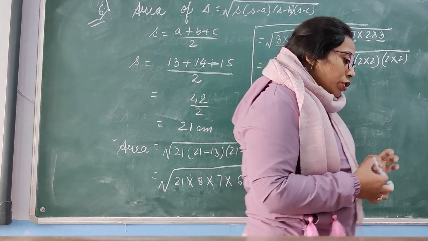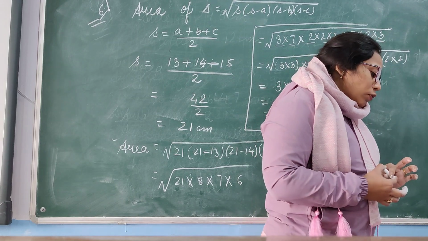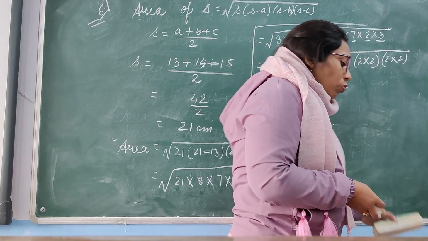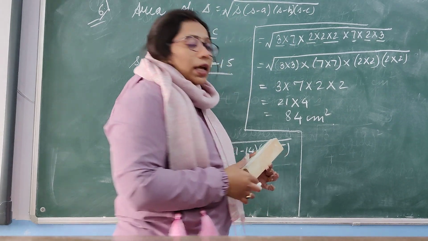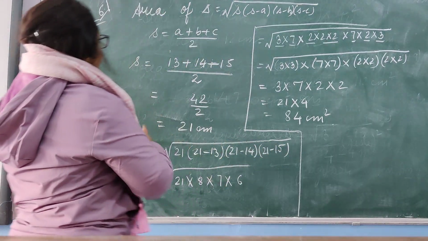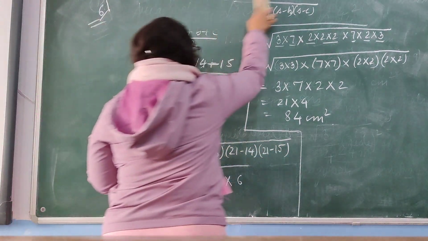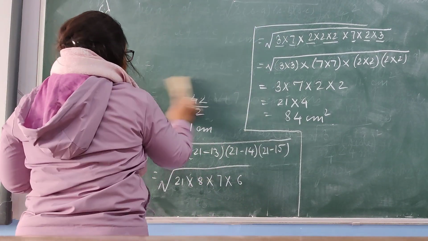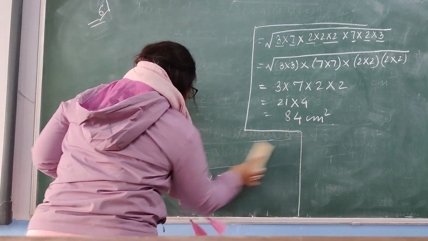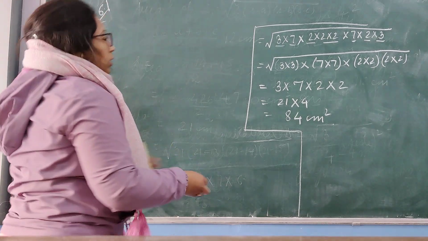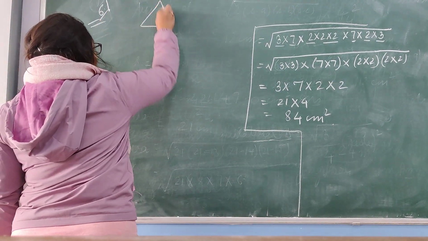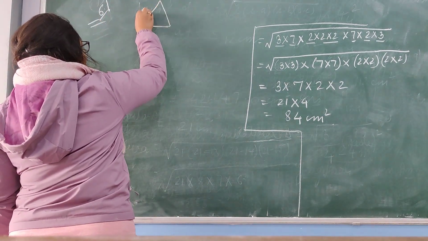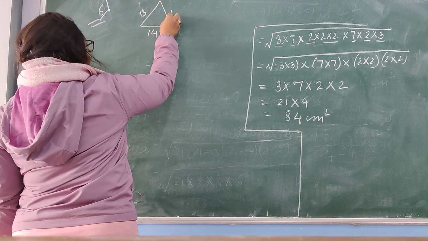The second part of the question says, also find the length of the perpendicular from the vertex opposite the side of length 14 centimeter. See, I am erasing this. This must be the triangle. Okay, this is the triangle. This is 13 centimeter, this is 14 centimeter and this is 15